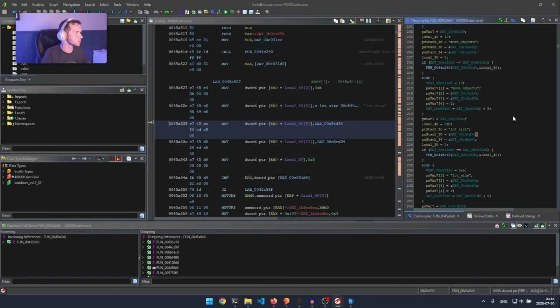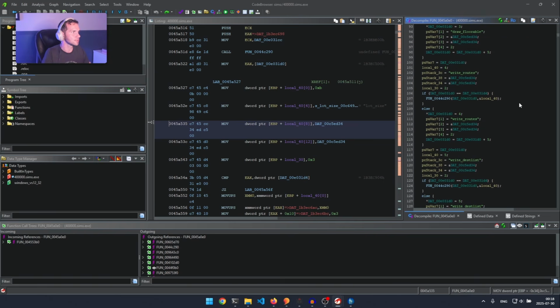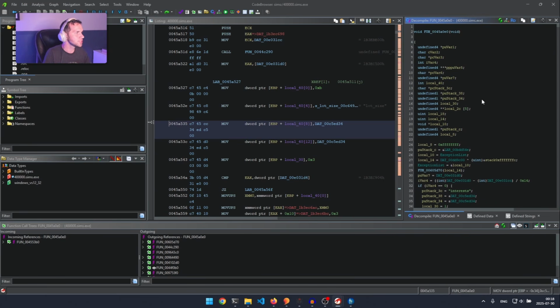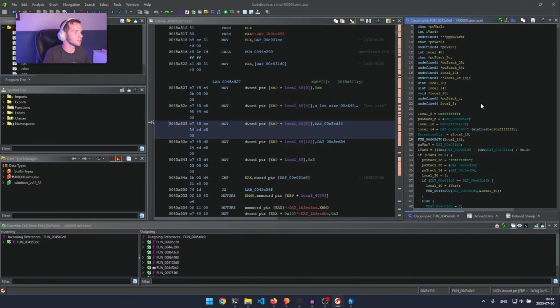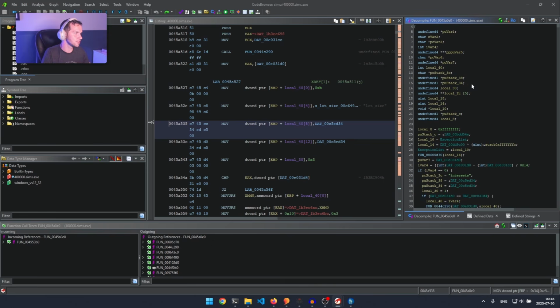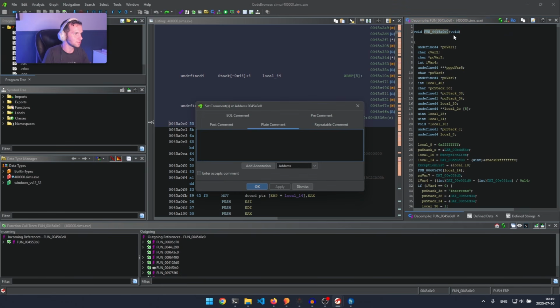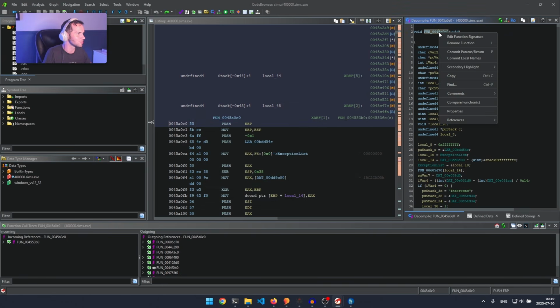So I'm pretty sure what this function is doing, just looking at these repeated structs being created over and over with these strings, I'm pretty sure this is setting up all the cheat codes, which is really awesome because that may help us later on when it comes to the ladder thing. So let's go ahead and rename this. You all always get on me for not renaming things properly when I do this. So let's go ahead and rename it